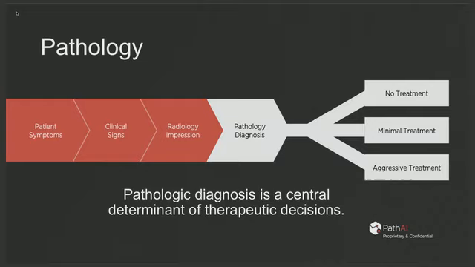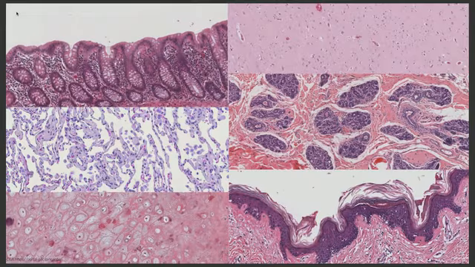So this is one area where you really want to incorporate data in the most effective way to reduce errors, to increase standardization, and to really inform the best treatment decision for each patient based on the characteristics of their disease. And the one thing about pathology that's pretty interesting is it's super visual. And this is just like a kind of random sampling of some of the types of different imagery that pathologists are looking at every day.